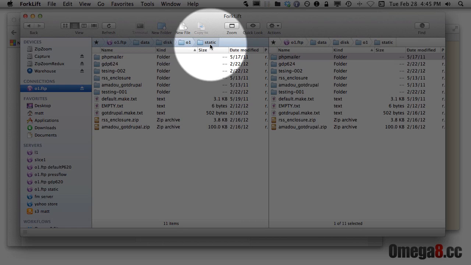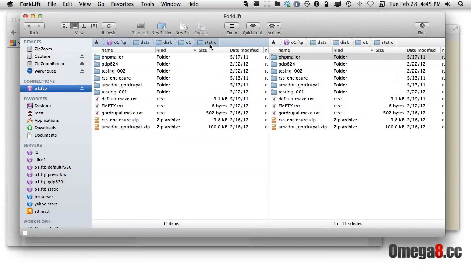So you're not going to be able to get in there. Well, you can get in there if you copy the path to the sites and jump right in there, but the best practice is simply to build all of your sites directly within static. So here within my static, at my O1 box, data disk O1 username, and then in my static,